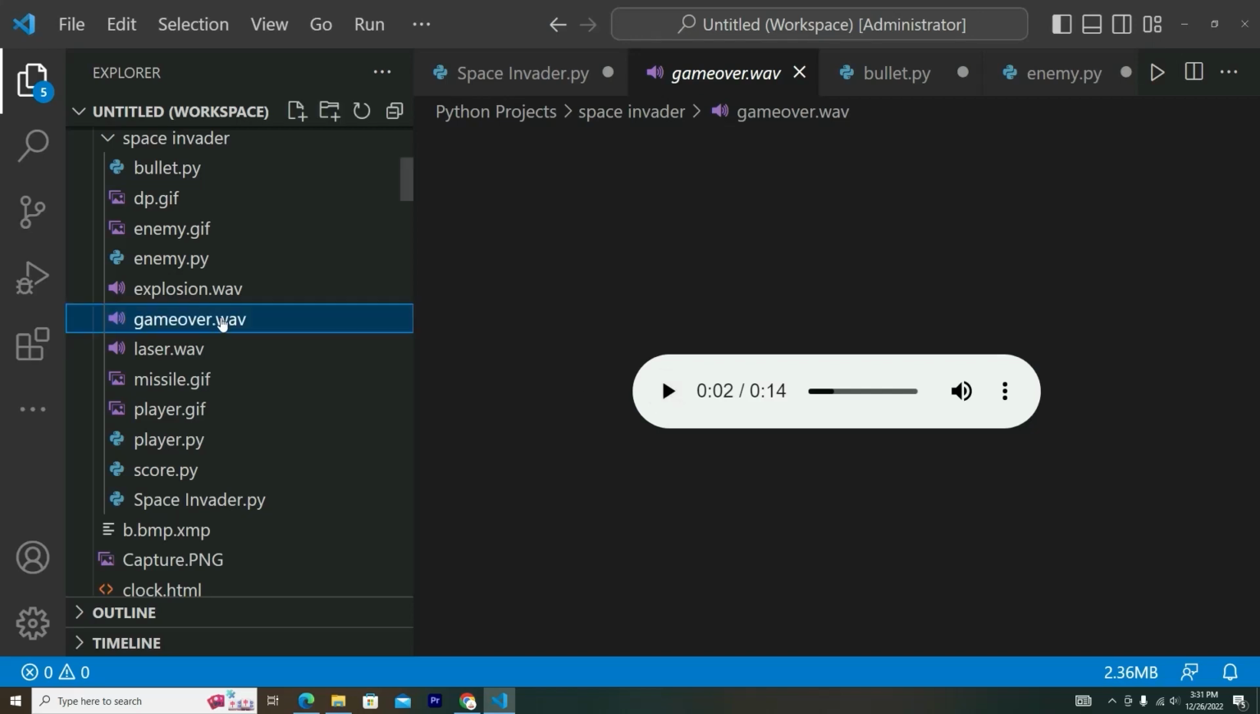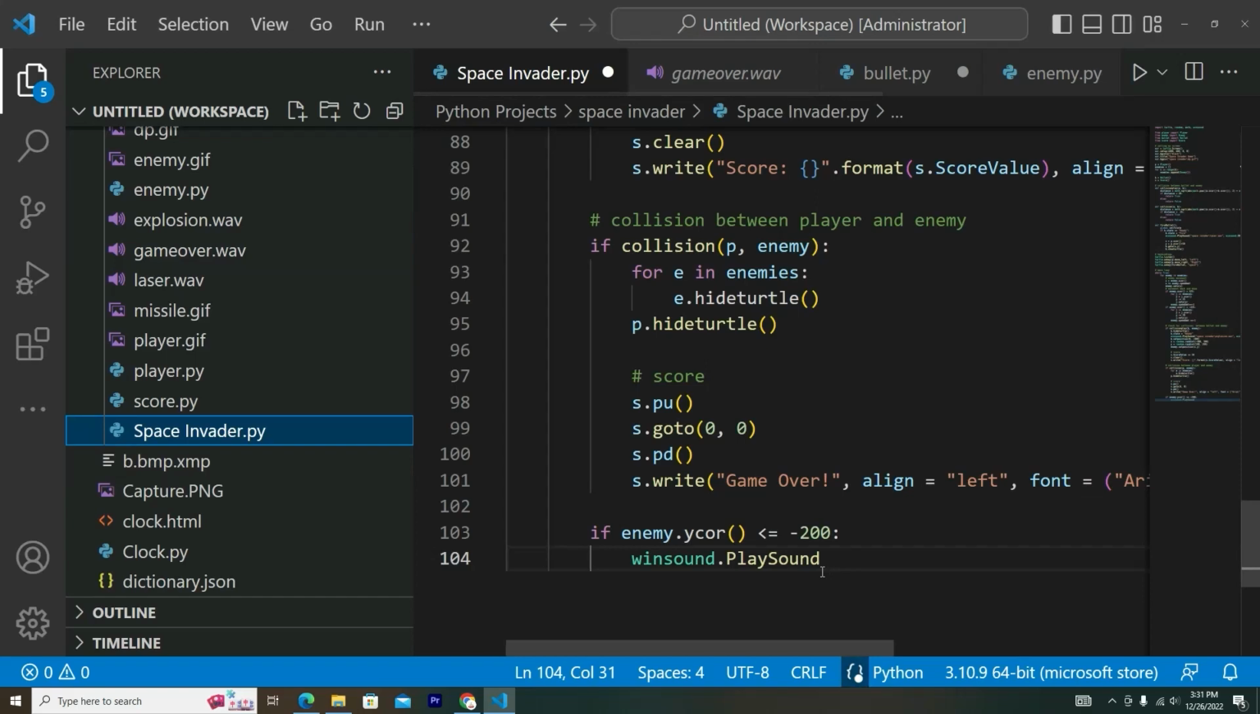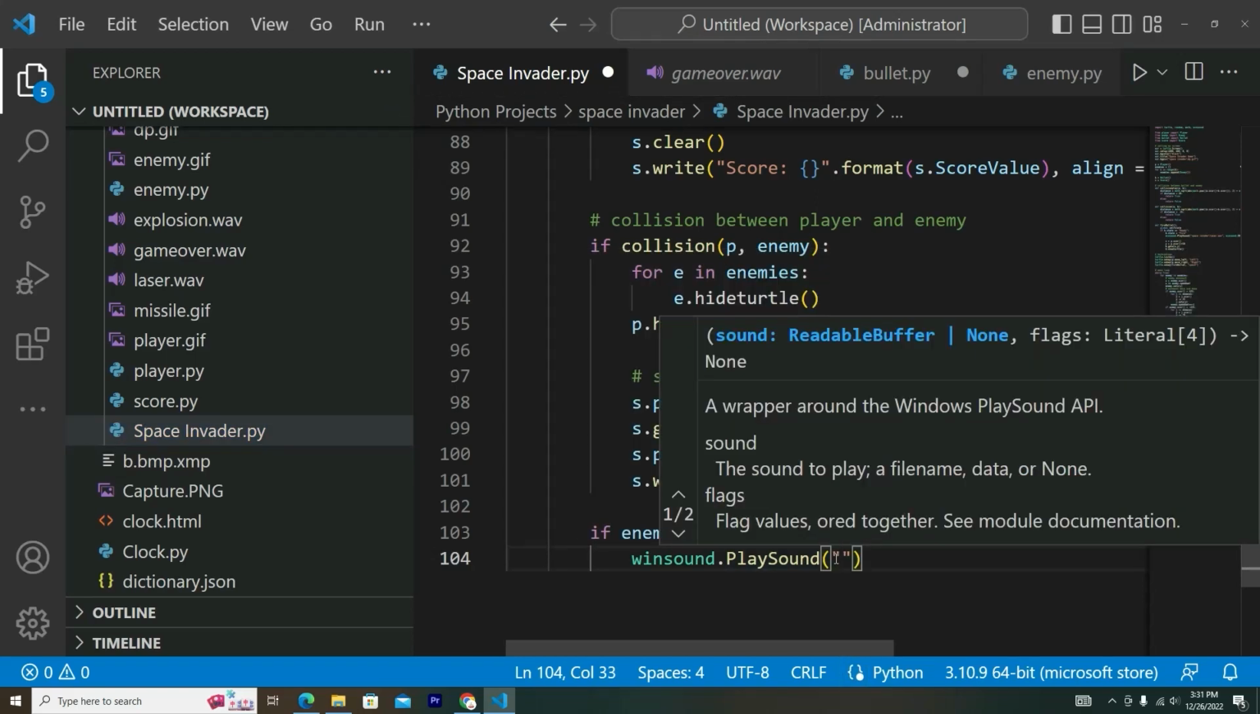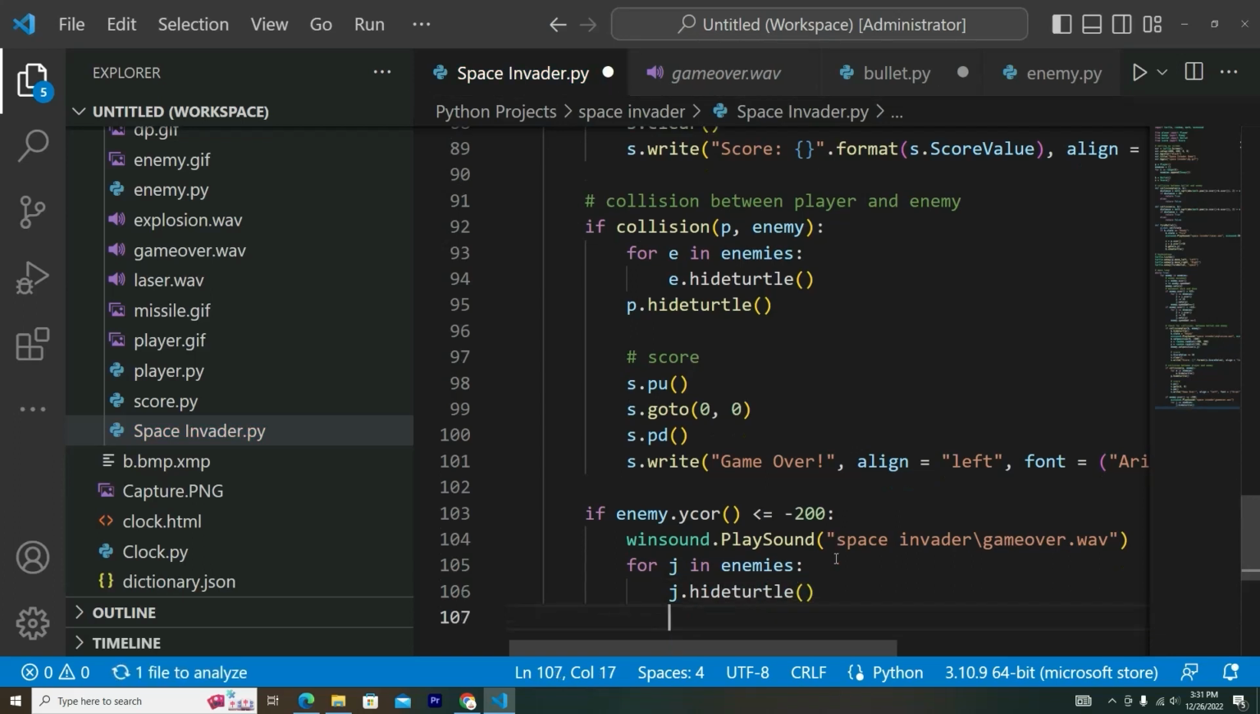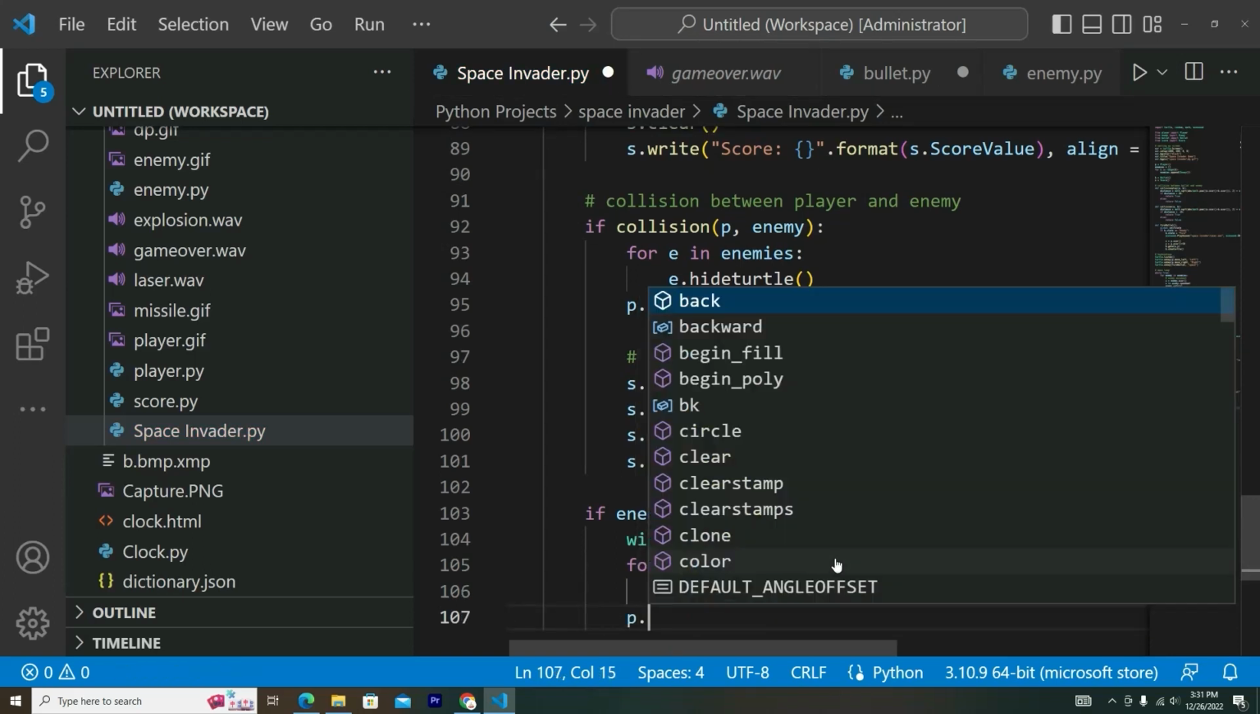Yeah, but I'll just see. I'll put it in. We'll see how it turns out at the end. Let's go ahead, put that in there. Copy this path. So after that win sound, we're gonna do a for j in enemies, and then colon, we'll have j.hideturtle, and then p.hideturtle,